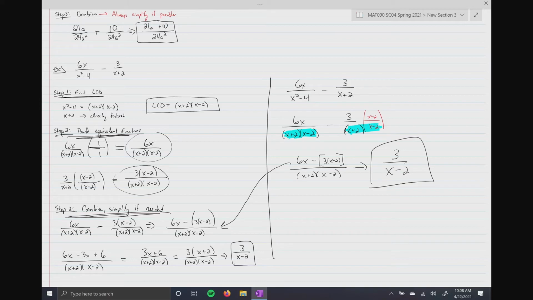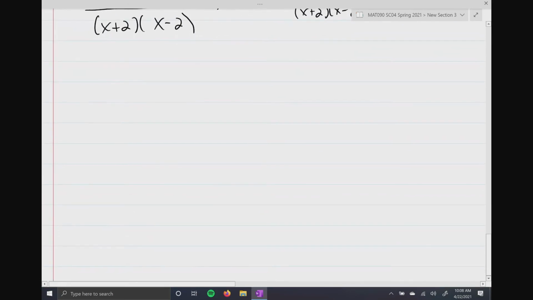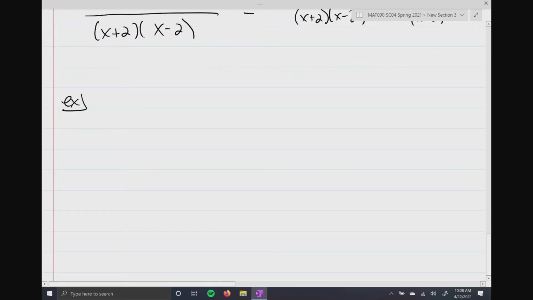Okay, are we good? All right, so another example. Let's do 3 over 5y plus 2 over y plus 1. And I'm going to do the second method. That quick method I showed you. Because I think maybe we could be okay with that. So here's what I know. I need to add these together. They do not have the same denominator. All right. My LCD is going to be the product of unique factors. So that's what it is. So what I'm going to do